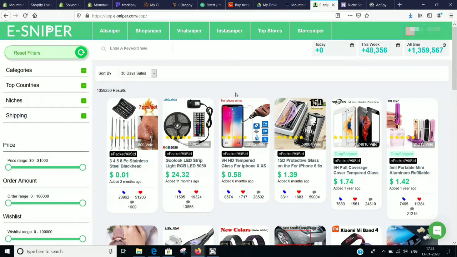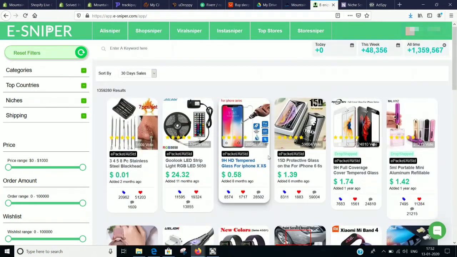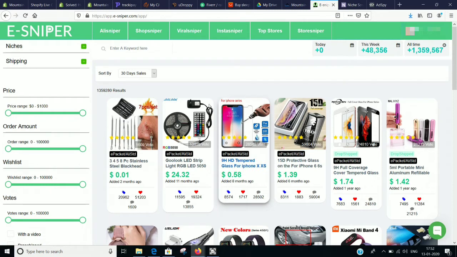Okay, let's go to the first picture, that is the Esniper. What this does is it shows you all the AliExpress products here, sorted by order. You can see here it has 20,962 orders in the last 30 days and so on, and you can sort it for today's sales, last 7 days, last 3 days, and so on. And you can even filter by categories, top countries, niches, shipping and all. If it has e-packet and stuff, you can go to shipping. You can here filter by price range, orders, and all this stuff. Okay, that's basically